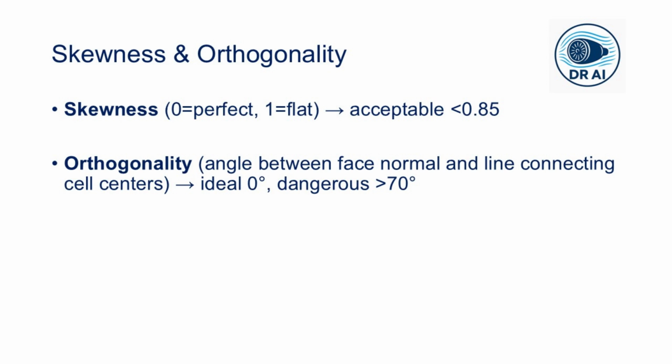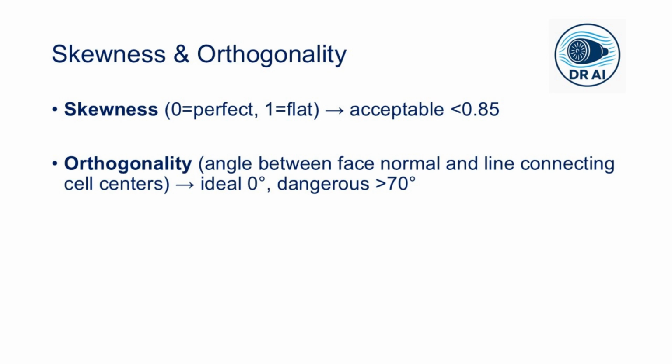And the third and the most important is the orthogonality metric, which represents the angle between the line connecting the cell centers and the face normal. Ideally, 0 degrees is the perfect alignment for the orthogonality condition. Acceptable is when its value is less than 20 for most of the solvers, and dangerous is when its value is greater than 70 degrees, which means that the flux calculation becomes inaccurate. Most CFD preprocessors like ANSYS meshing, Pointwise, and Gambit have tools to visualize these metrics, so never skip